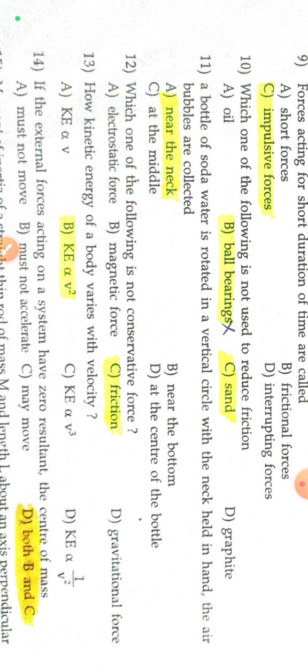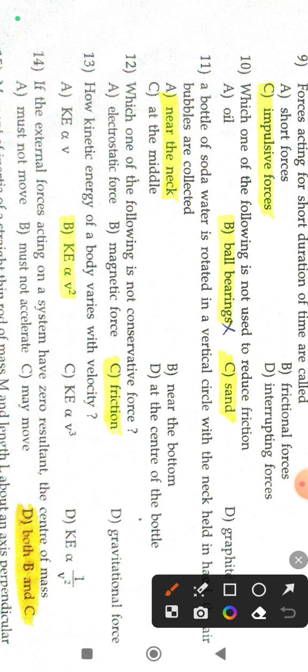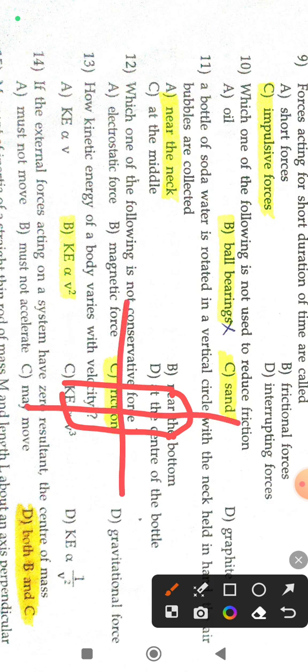Okay, a bottle of soda water is rotated in a vertical circle, with the neck held in a hand. The air bubbles are collected where? Now see, one soda bottle is there. How is it? This bottle is like this. Now this is the vertical and this is the horizontal. This bottle is rotating like this, and since it is soda, bubbles will be formed